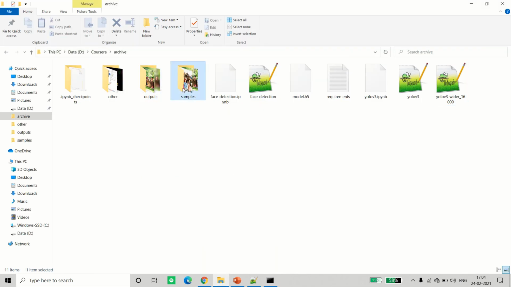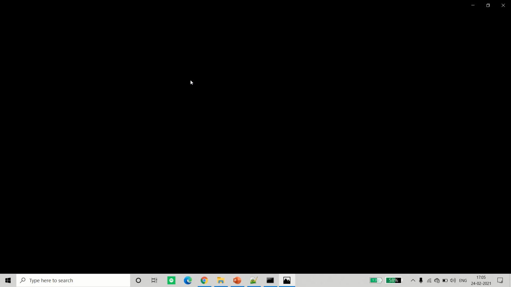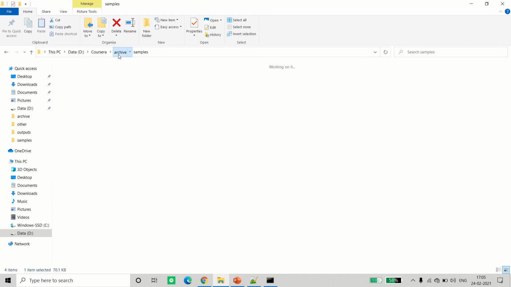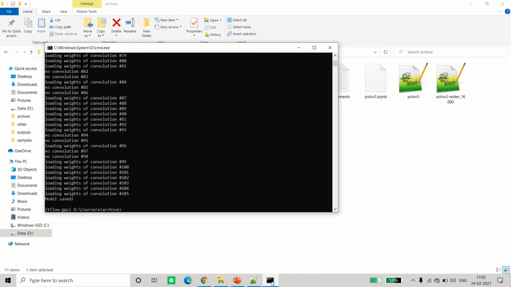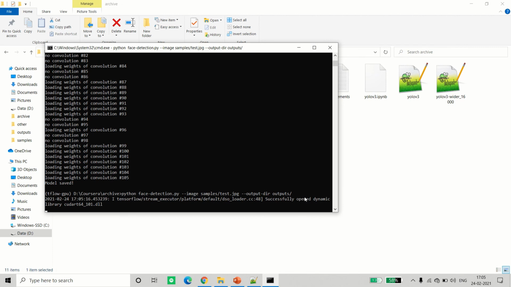My images are stored in the samples folder. If you want to test any, you just put it in there and specify it over here. So I'll be using this test image. I'll be testing, three faces should be detected. The dog is not a human face, and the results will be stored in the outputs. Now we'll see.